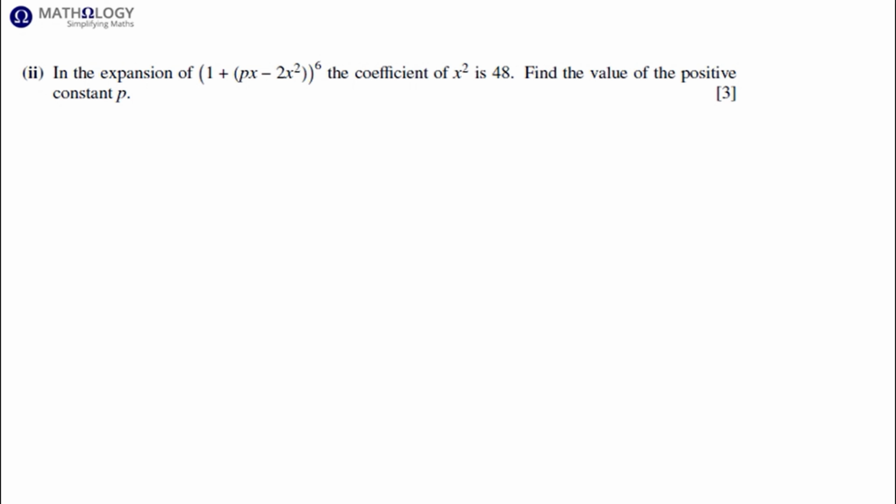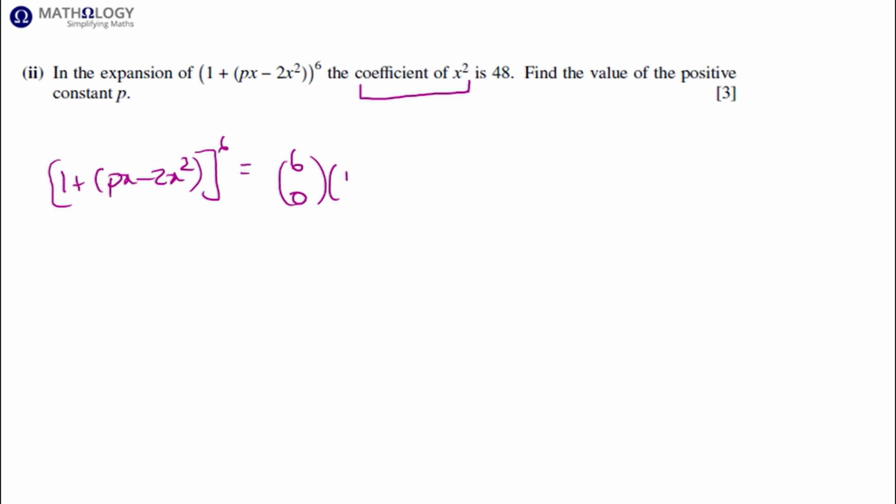In the expansion of (1 + px - 2x squared) all to the power of 6, the coefficient of x squared is 48. Find the value of the positive constant p. Okay, so we're looking for the coefficient of x squared. So we are going to expand this as far as we need to and not necessarily the full expansion of this binomial. So (1 + px - 2x squared)^6 will be 6 choose 0, times